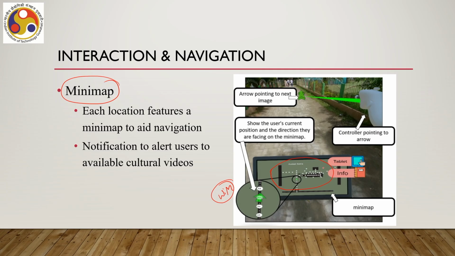minimap. So, for example, here if you see, the white dots indicate the arrangement of the 360-degree images, each dot representing a 360-degree image. To explore, the user can move along the dots in this direction or this direction or wherever the dots are, and whenever the user is at a specific point, that is at a specific image, that image is highlighted with green color. So, the user knows that in this place I am at this specific location,